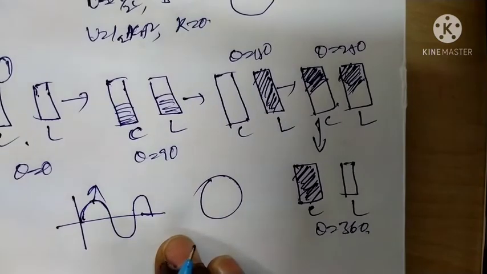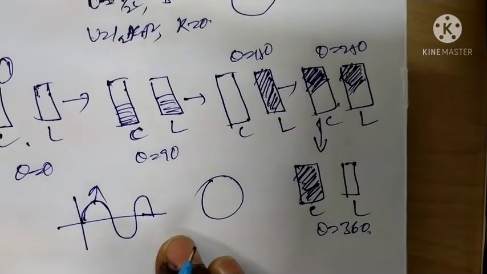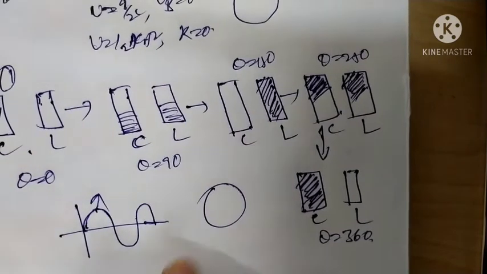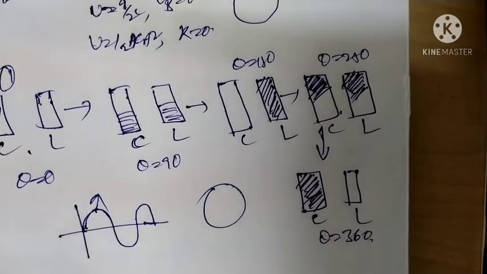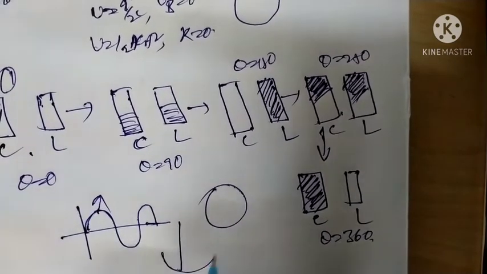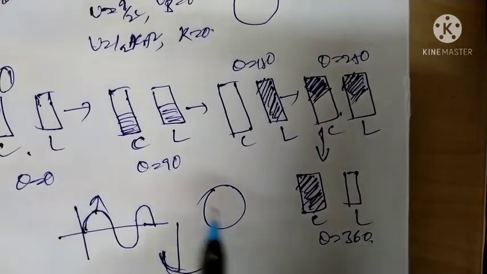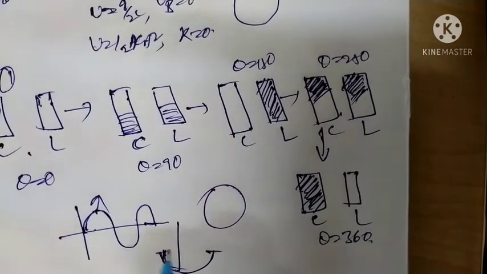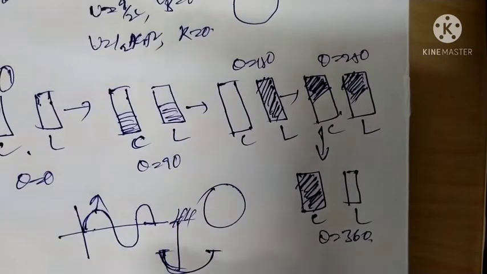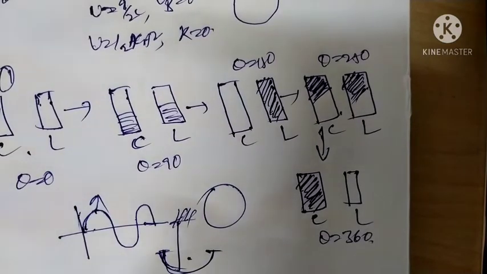Okay, now the LC oscillation is similar to a mechanical oscillator, that is, mechanical energy in the form of a simple pendulum. This is the wave nature, this is the similar mode, this is the maximum amplitude. This is the electrical case, and this is the mechanical case. Both will be stretching or vibration or sinusoidal form. In the case of the electric field, the charge changes or the current changes sinusoidally.